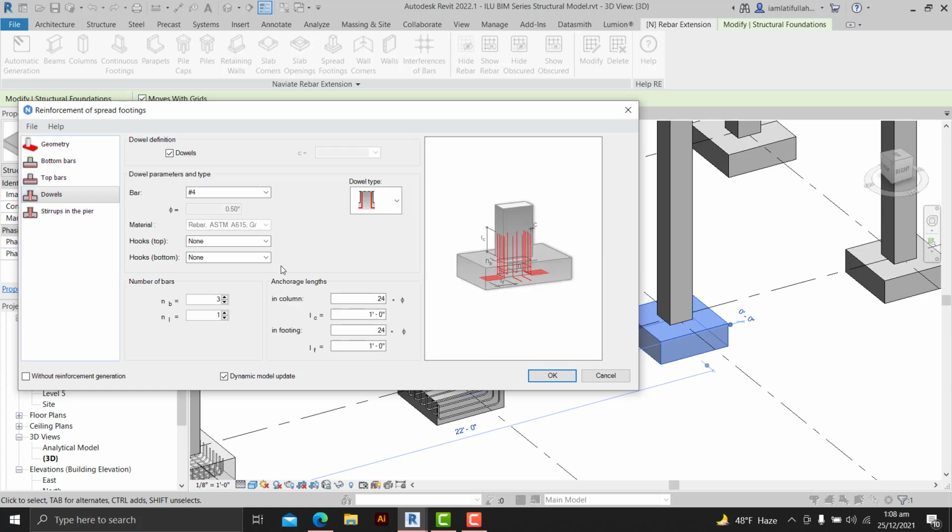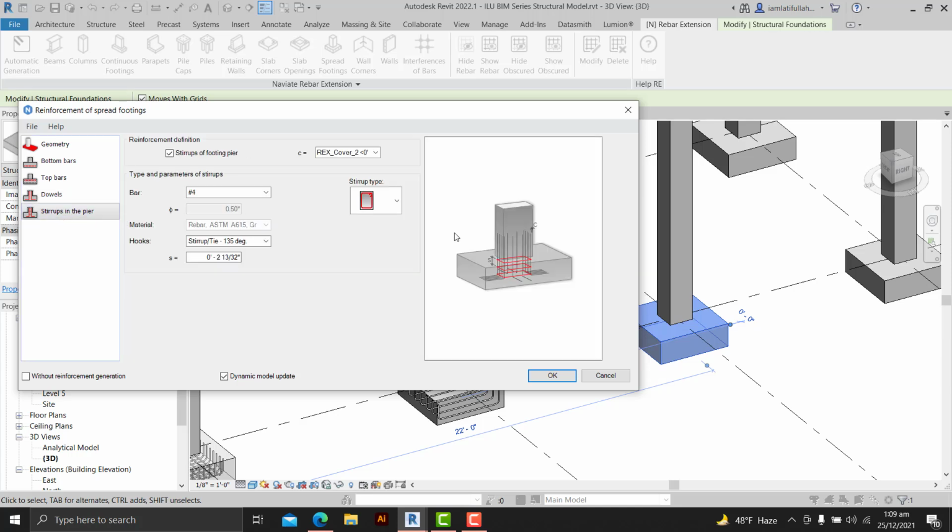Then the dowels, if you want to erect dowels from your footing or not. If you do not want to erect dowels from your footing for columns, you can turn this option off, and if you want it, you can turn this option on. So it's up to you, and then the stirrups in the pier.